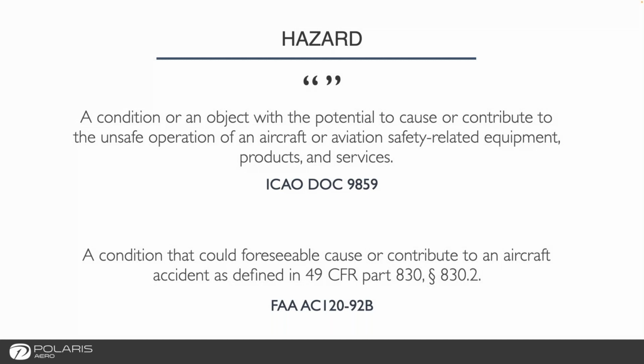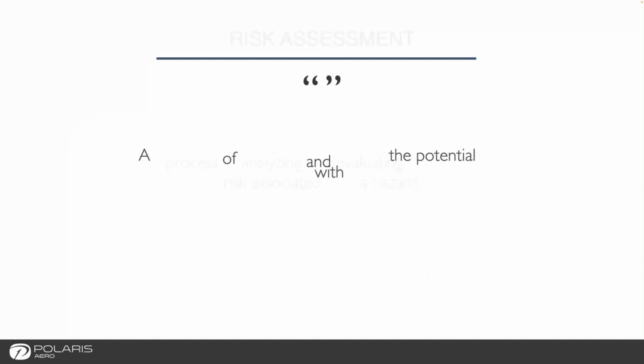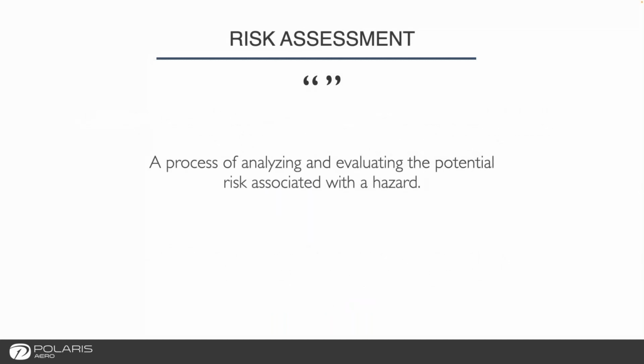So moving on from this definition of a hazard, so a condition or an object with the potential to cause or contribute to the unsafe operations of or loss of, damage, etc. Let's move on to the definition of a risk assessment. So we define it, if you look at ICAO documentation as well as FAA documentation and some other pre-existing guidance documents that are out there, risk assessments are defined in many different ways. So what I've done here is really just kind of combined and simplified a lot of these different